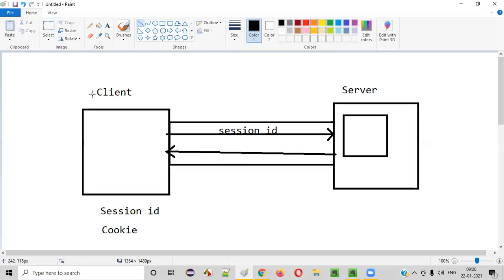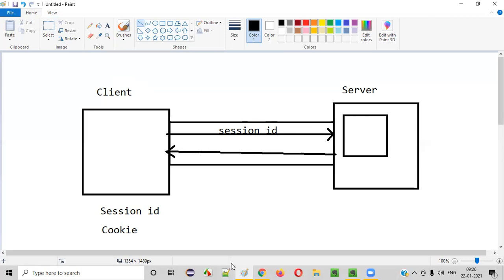Every time the client needs to send a request to the server, a new connection will be made, and the server doesn't remember about the previous connections. So that's the reason, once you log in, every time the client needs to help the server remember that we already logged in. This is our session ID. This is our ID card. Please keep us logged in.